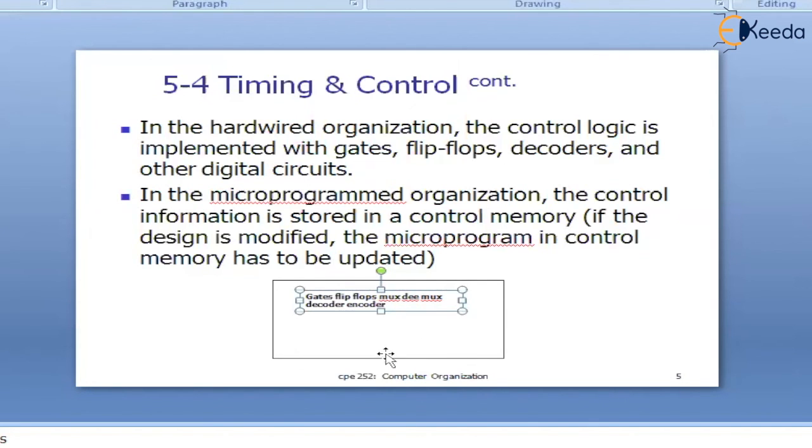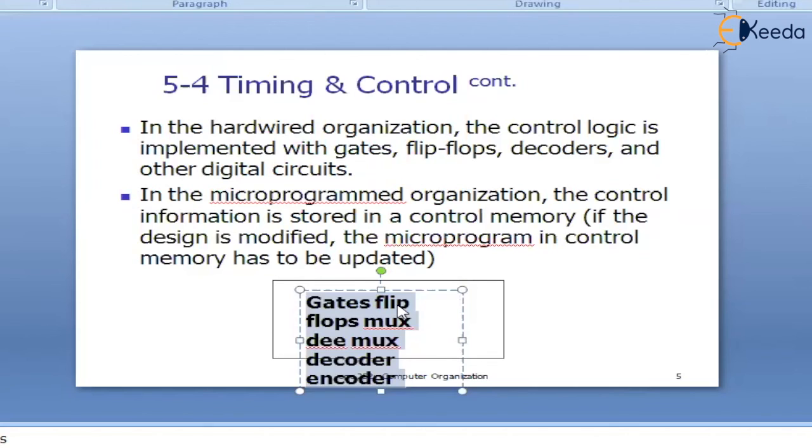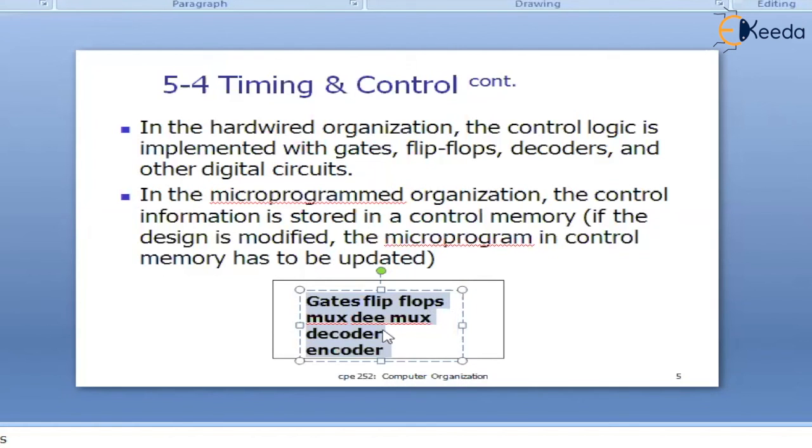When these are designed in such a way that they provide the control signals to control the entire system, then this control unit is said to be a hard-wired control unit.